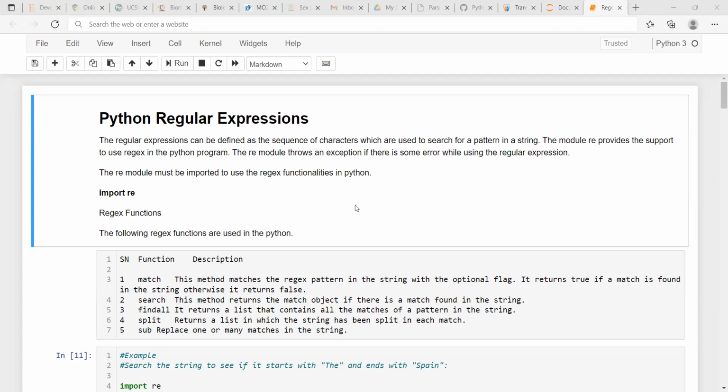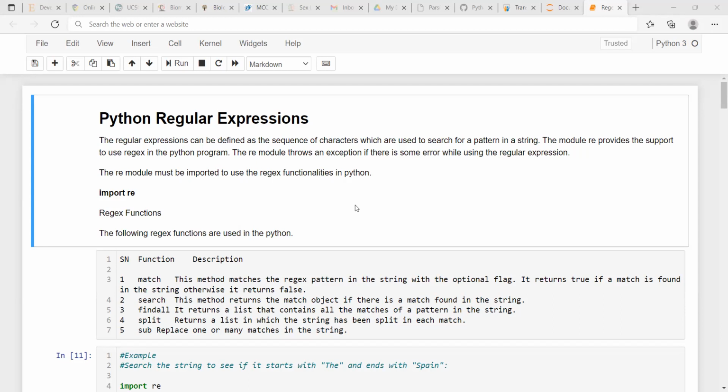Now, from a large DNA sequence, if you are trying to extract that particular part using a programming language, what do you do?